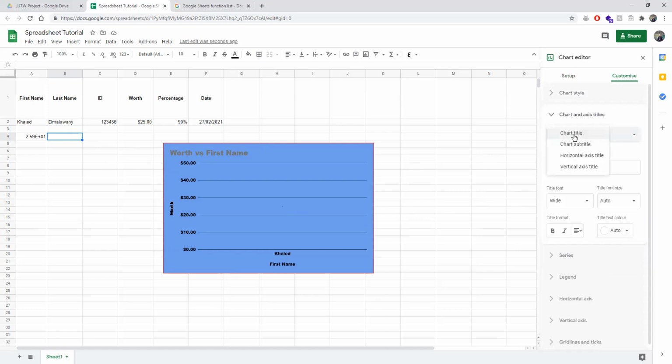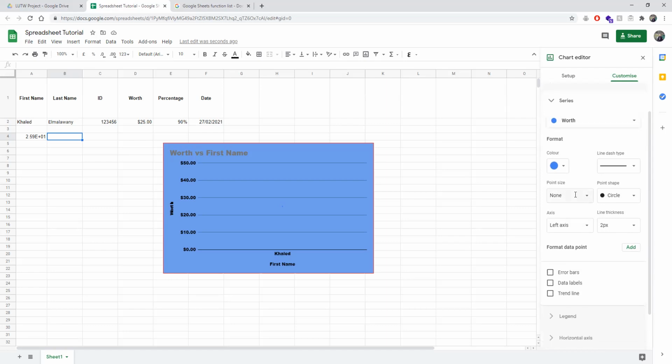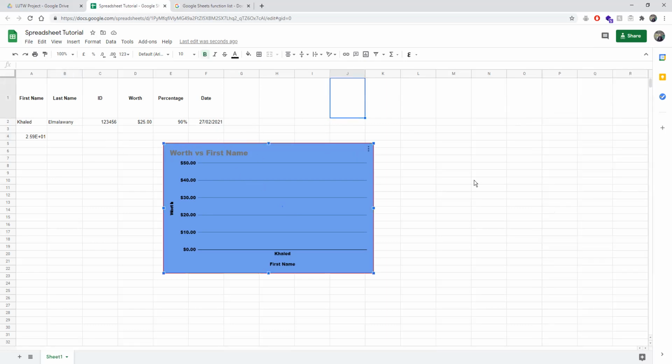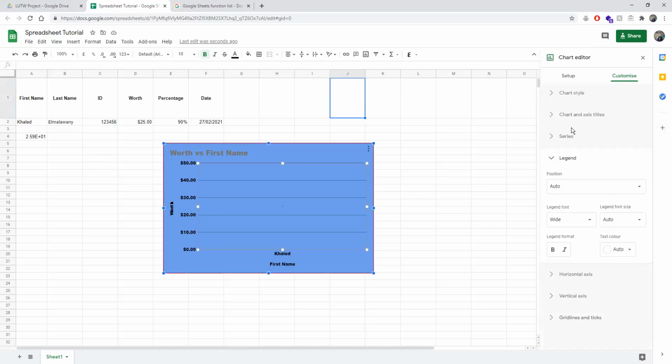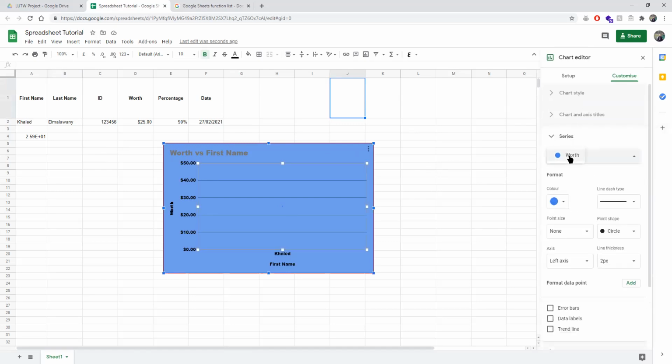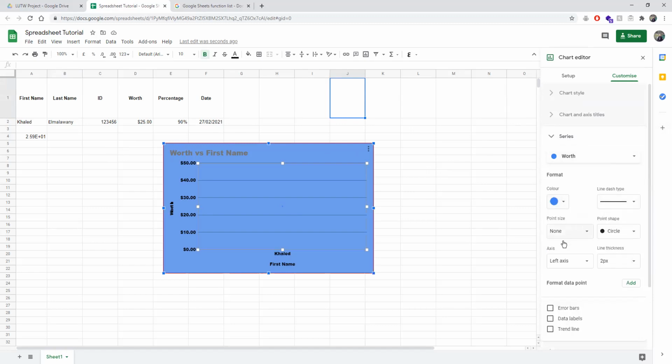Where you can edit the title, subtitle, horizontal axis, vertical axis, and axis title. Series is the dots that are available on your data. So if you have any data on your chart here, then you can edit it using series. So in this case here, you can change the color, the types of line. You can even add